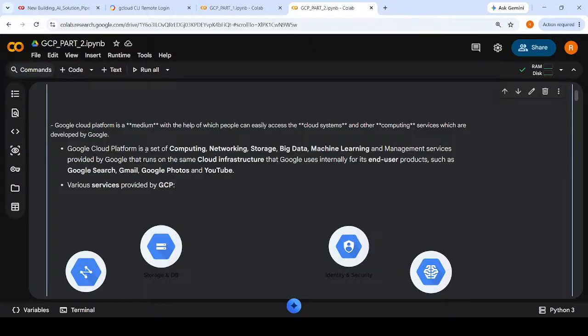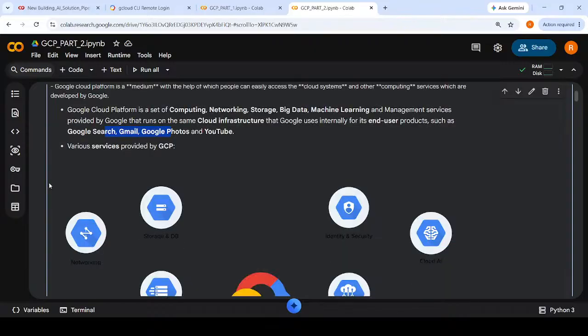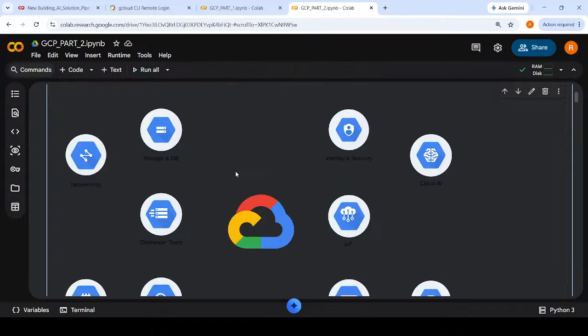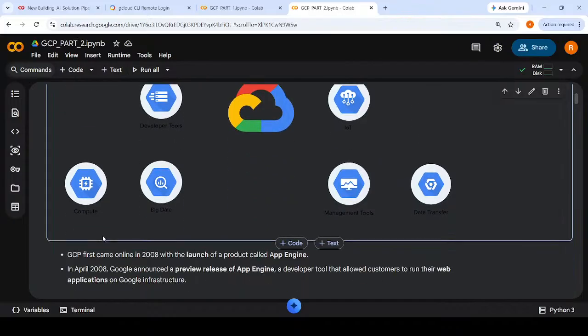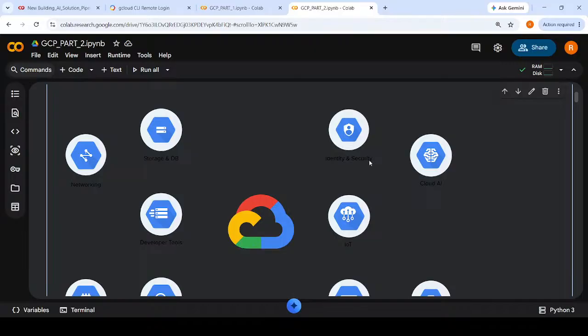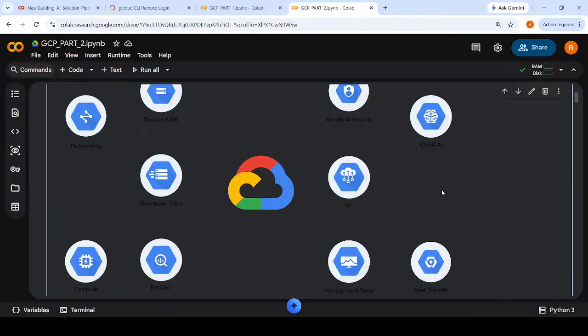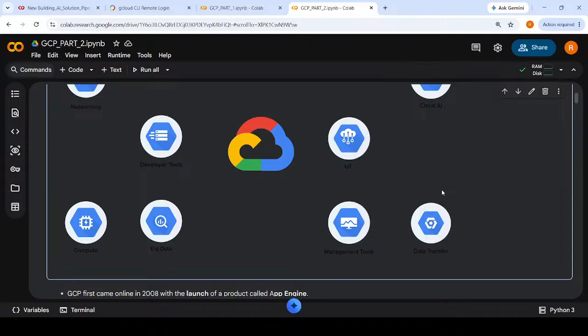What is Google Cloud Platform? It is the set of computing, networking, storage, big data, and machine learning services, which is provided by Google, and these services are used by Google itself for its applications like Gmail and others. What are the various services provided by the GCP? So it is like networking, storage and database, developer tools, compute, big data, IoT, identity and security, Cloud AI, and many others. Okay,